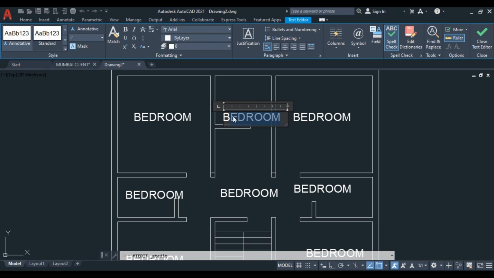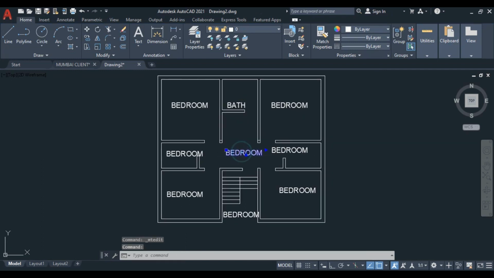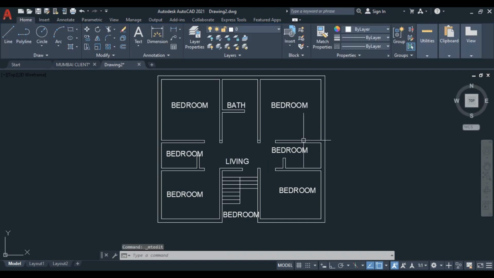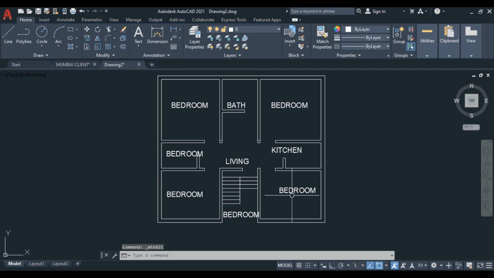So just double click, and you can write this is for our bath. All right, okay, this is the living room. I just write down living. Okay, this is the kitchen. This is the drawing room.